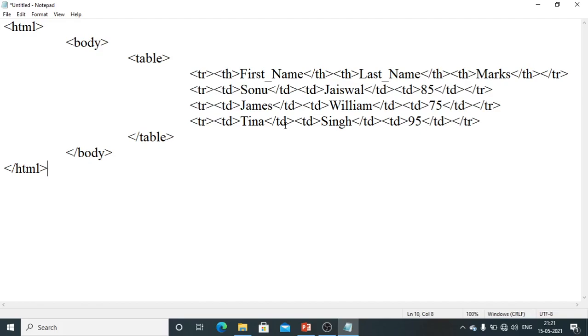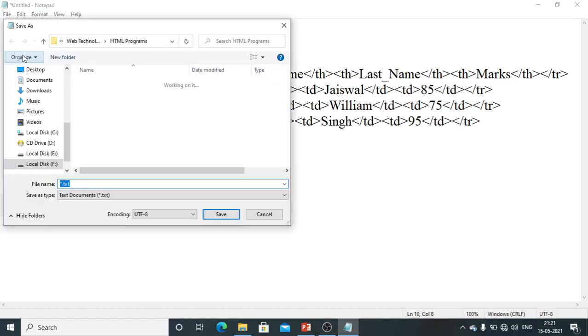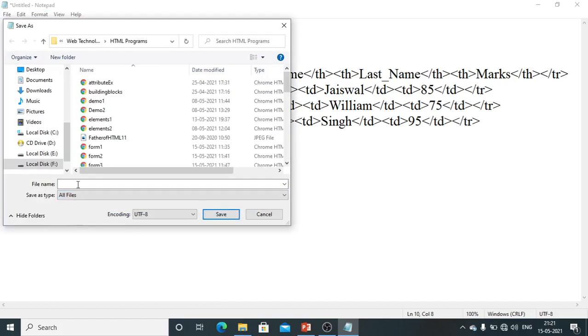So let us run this program. Before running this program, let me save the file. How to save the file? File button, there the save option will be there. So go to all files. Give the example name as table example 1 dot html.